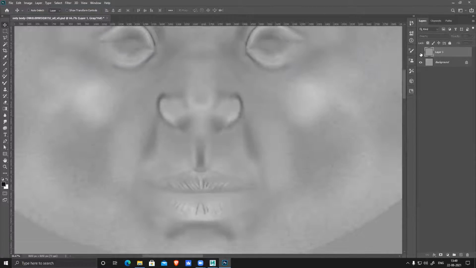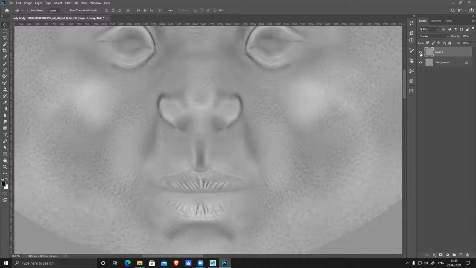So what does high pass do exactly? It averages out the color transitions and reads all the edges. It basically makes a black and white map out of it, and then you can use it to make things sharp or crispy or something else. Okay, sir. So you can see it makes the overlay make everything a little crispy.